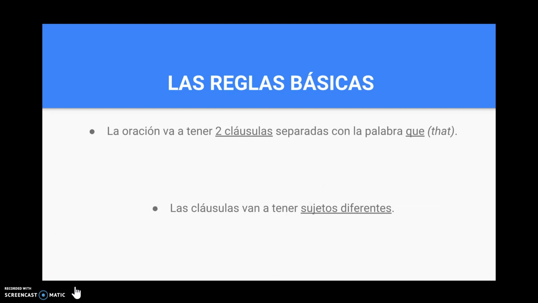This is a very basic list of certain verbs and expressions that will trigger the use of the subjunctive in the second clause. So if we see one of these verbs, a verb on any of these lists in the first clause of a sentence, and you see the word que in between, in the middle, and a second clause with a different subject, you're going to use the subjunctive in that second clause. So the W stands for wants and wishes. The A stands for emotions. E for impersonal expressions. R for recommendations. D for doubts. And ojalá,